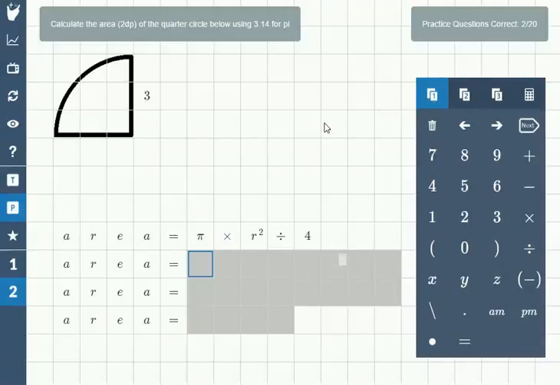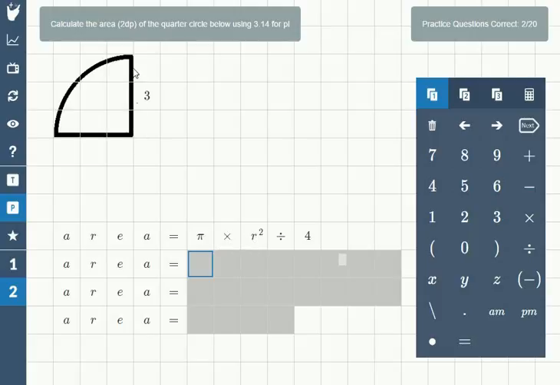To answer this question, we need to work out the area of this quarter circle. To help us do that, we've been given a formula for the area of a quarter circle, and we've been told that we can use 3.14 as an approximation for pi. So the formula we're given is to take pi, multiply it by the radius of the quarter circle squared, which